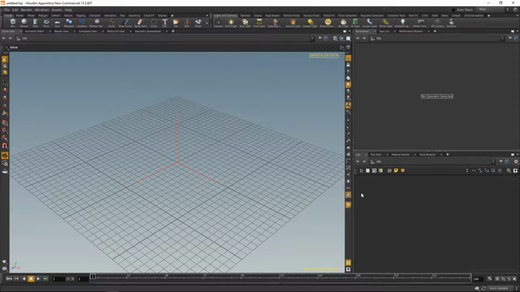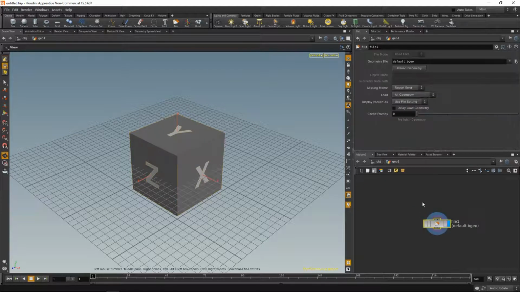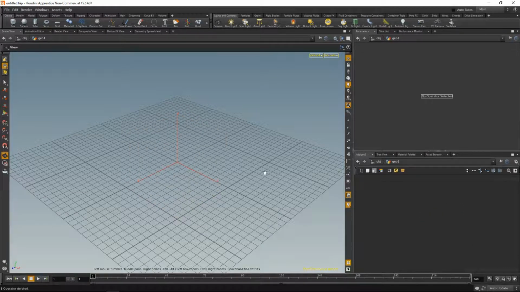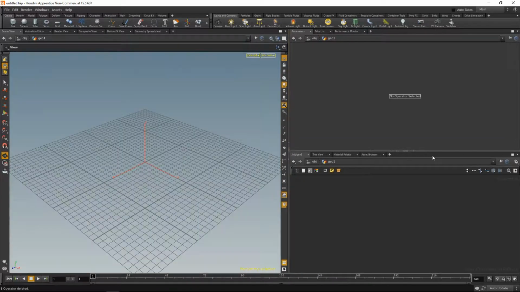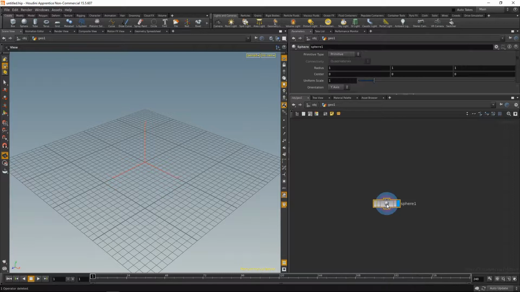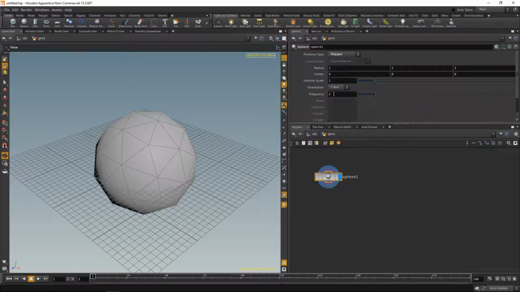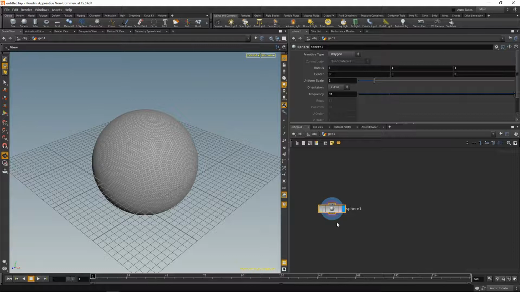Inside of Houdini, let's first drop down a geo node, dive in there, delete that, and the first thing we're going to do is create those obstacles. In our case, I'm just going to use a sphere, make sure it's set to polygon, and increase its frequency, like so. Duplicate that,